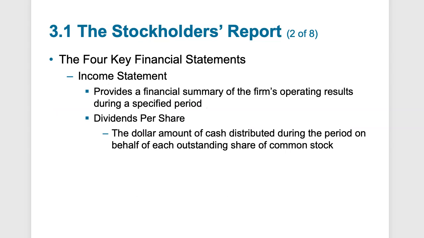Then you're going to go into the key financial statements. So even though companies have many financial statements they publish during the year, there are 4 key financial statements that you want to review and include in a stockholders report, sometimes called an annual report. So this is going to give a good overview of what's happening at the company and what has occurred, financially, accounting speaking. Now, the income statement, I feel, is one of the most important statements.